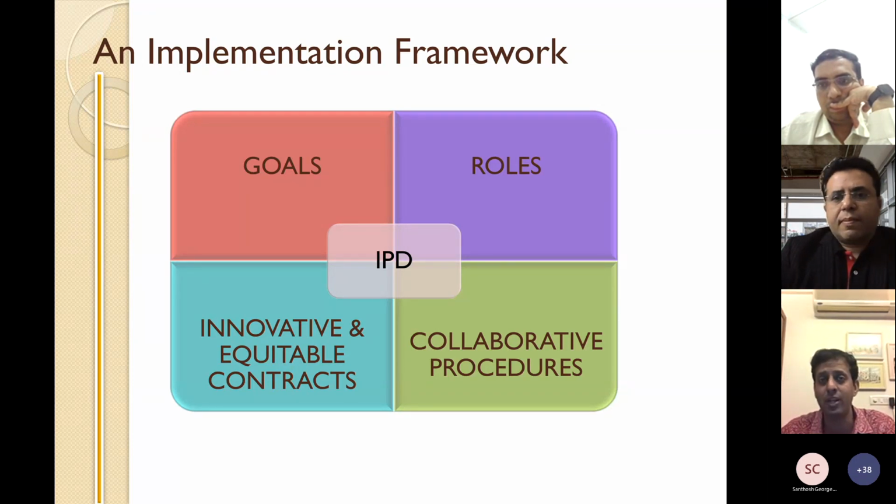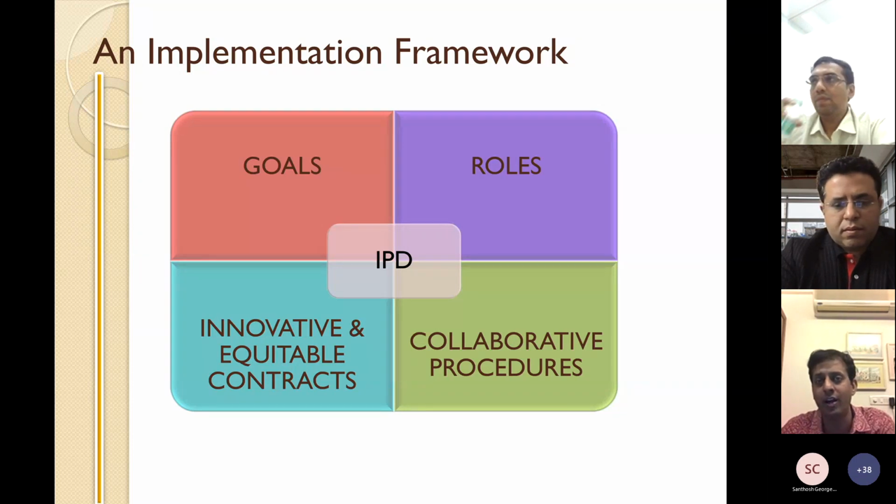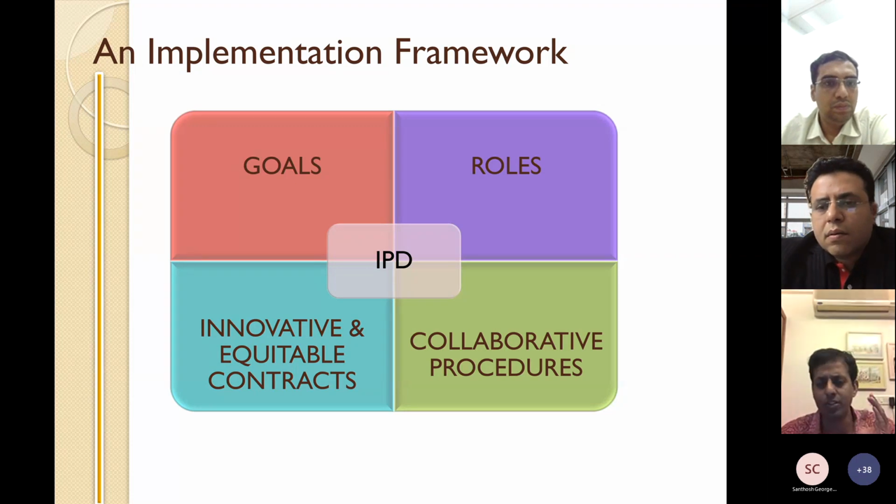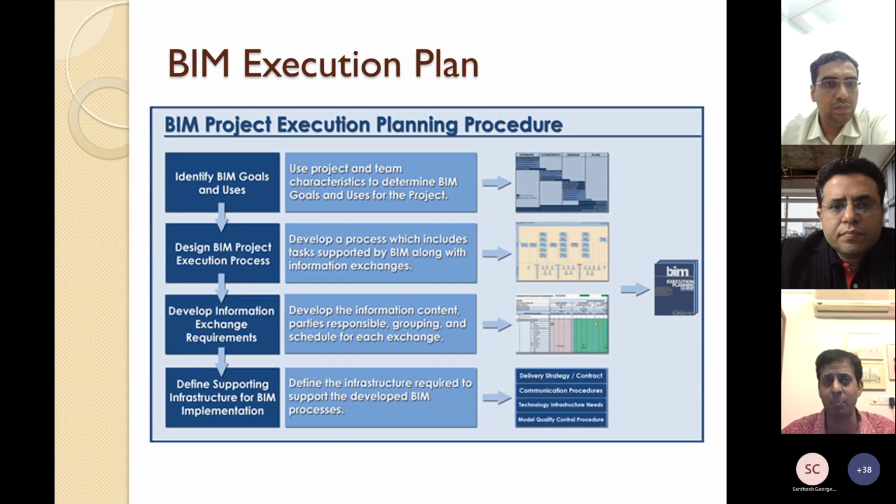In many cases, people have made the mistake of saying, can you also look after the CDE? Unfortunately, people in the construction industry are busy. The job is already a 24/7 job. You really have no bandwidth to take additional charge of the CDE or the modeling, so you need specialized roles for this. You need procedures for how people will share information and collaborate, and perhaps contracts as well. Sometimes we refer to this as integrated project delivery, IPD, but you need a process like this. So that's part one of this. That process can be enabled by things like BIM execution plans that you write prior to a project.